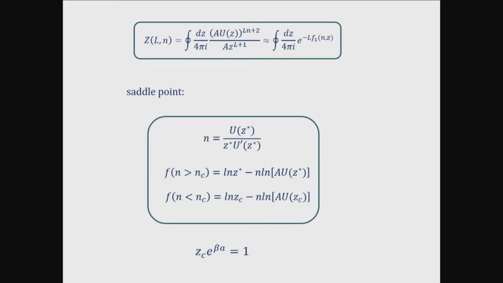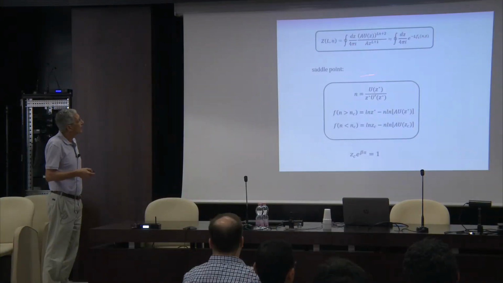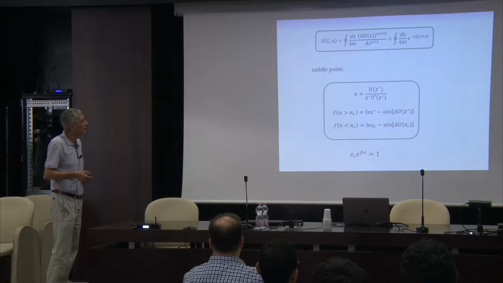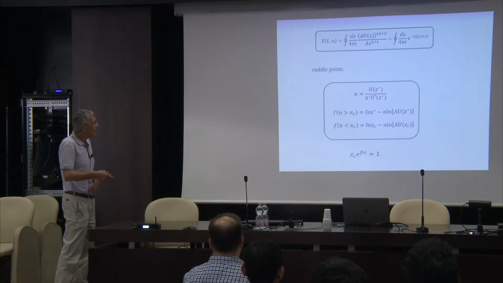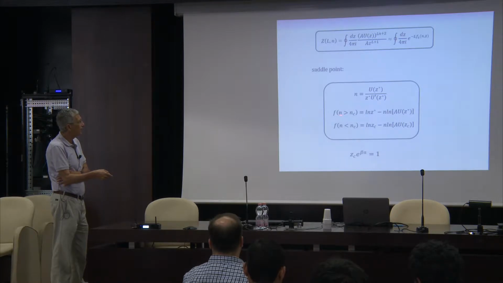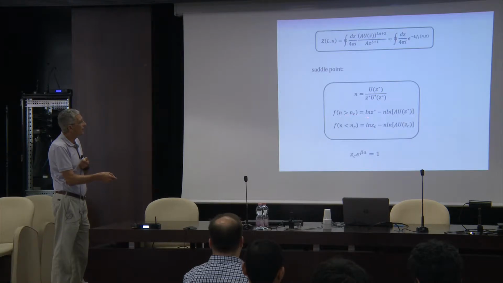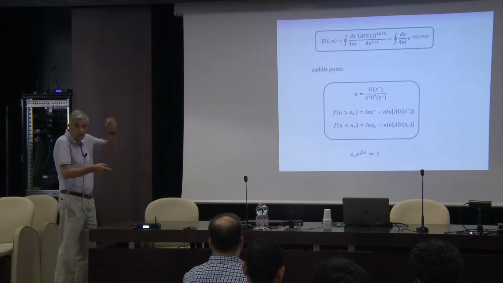And it turns out that we can calculate the free energy as a function of n, of the number of domains. And when you do that, you get a saddle point, and n is equal to the number of domains. It's just equal to mu, the polylog function, and z is the fugacity, and that's the expression. And it turns out that there is a critical value nc. If n is larger than nc, it looks like that, where z is the fugacity